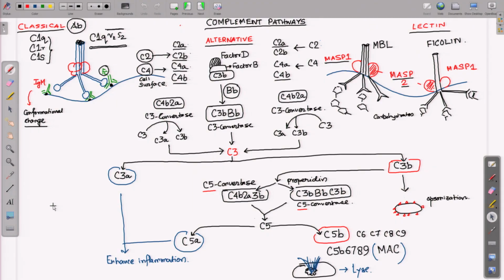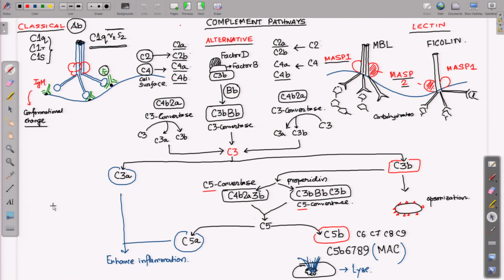What we see on the board right now is the complement activation pathway. How the whole cascade of complement starts to work, or how all the complement proteins start to activate each other and the cascade starts working. So, that was the whole idea. What I described in the last class as well,